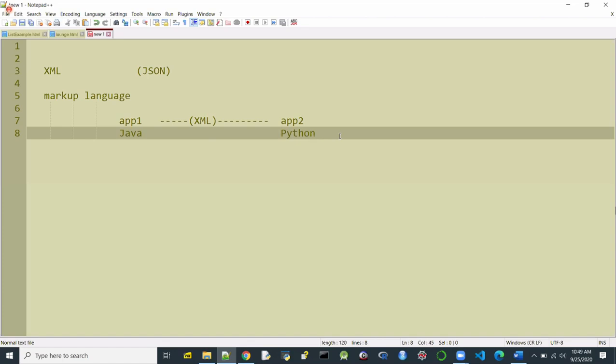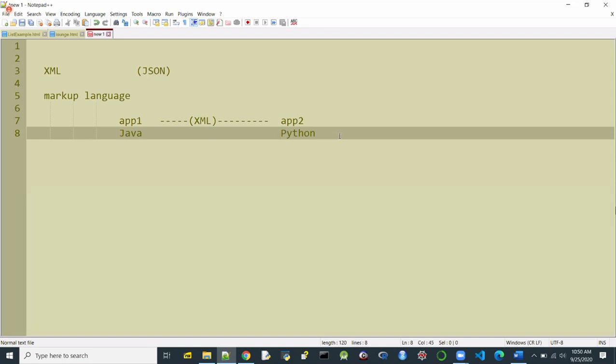Fortunately, all languages have built-in modules or packages or tools for XML parsing and XML generation. Even if the language does not have its own tool, it is possible to integrate an external tool into the language compiler, maybe at compilation time or maybe at runtime, and then take advantage of this XML. Okay, so far so good.